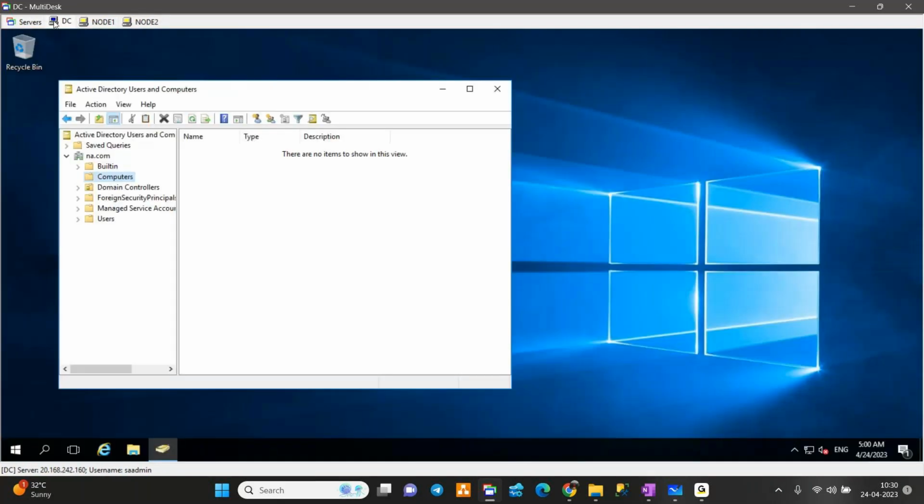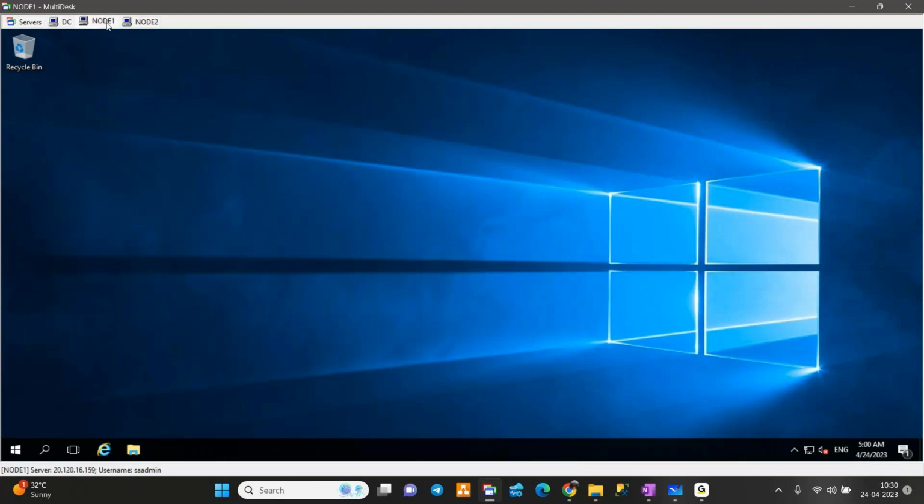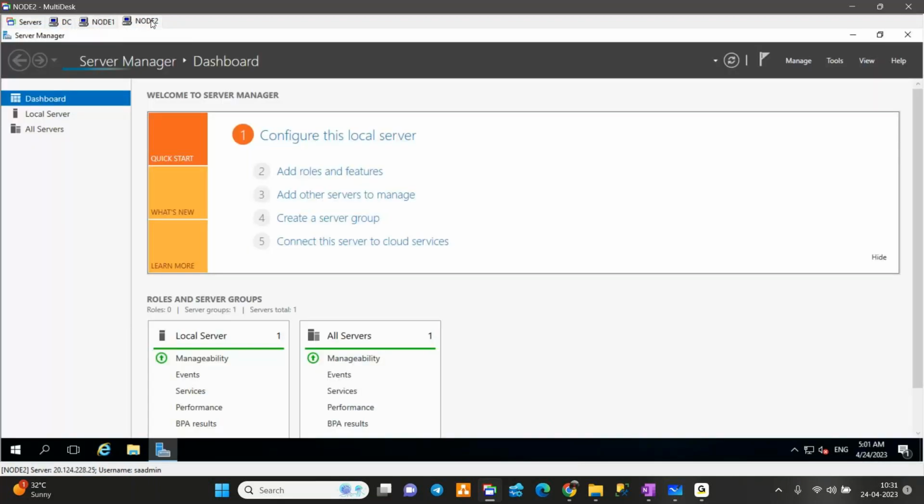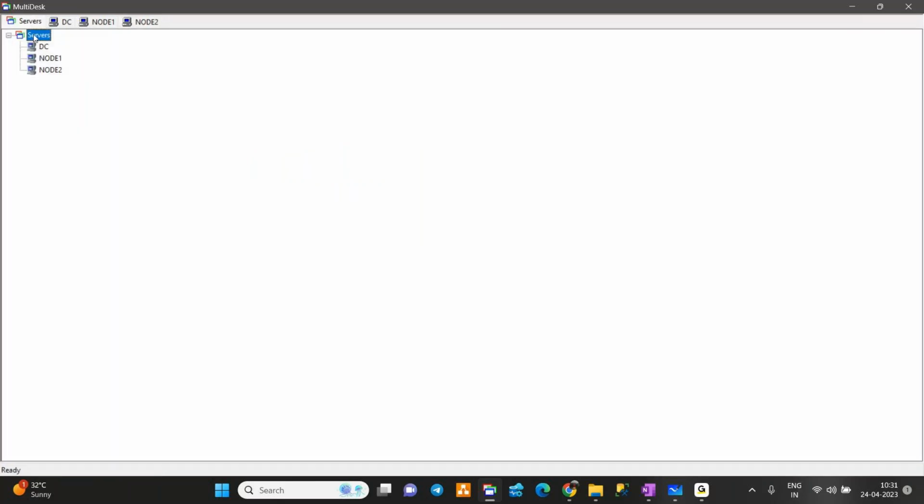Now just refresh here. Refresh. How many servers are part of this domain? Two servers, sir. True. Two servers. Now, sir, see, I connected to the server, right? Now try to understand. I connected to these two servers, but not with my domain name, with my